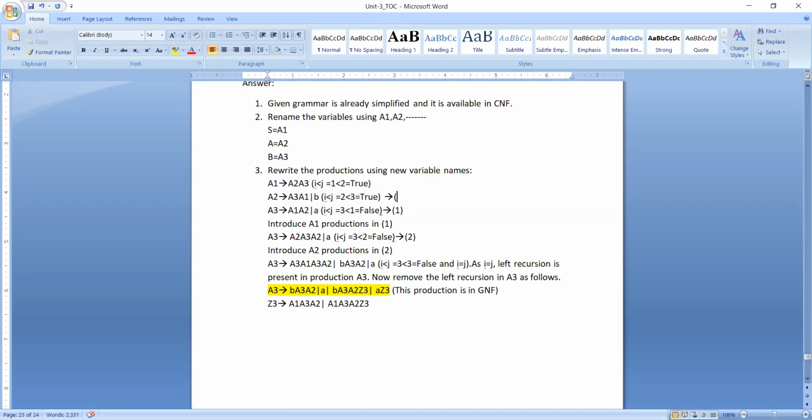Let us take this one as 3 and this one as 4. And this one I am calling 5. Why? Because the Z3 productions so far have not been converted into the GNF form.